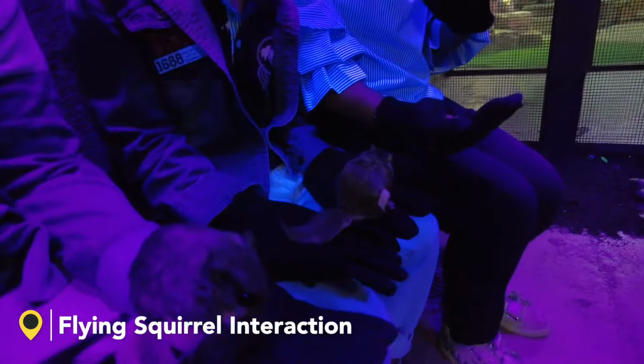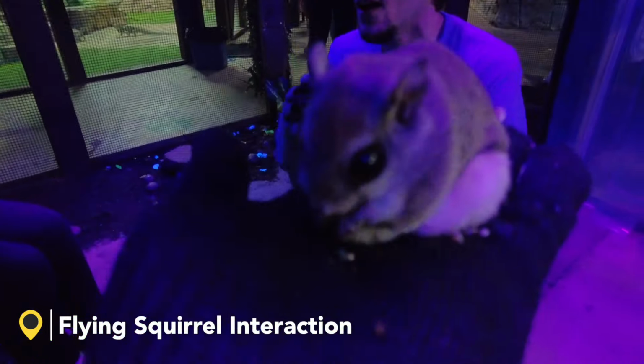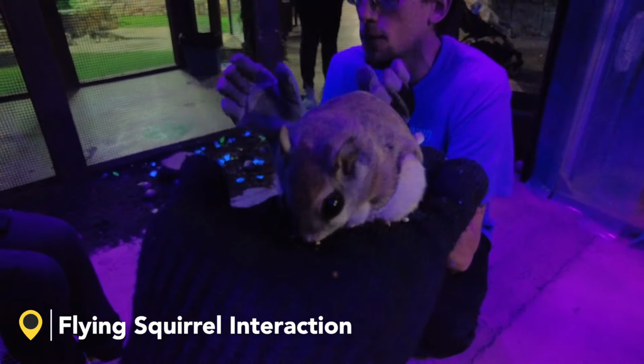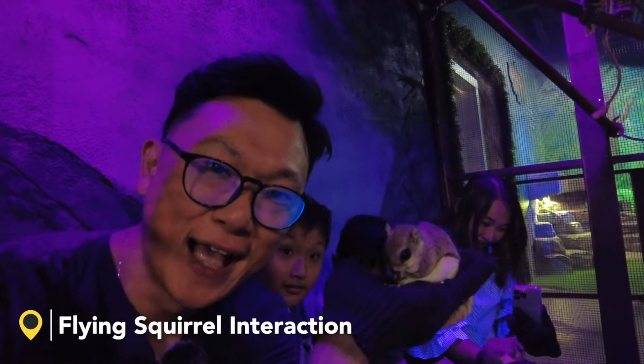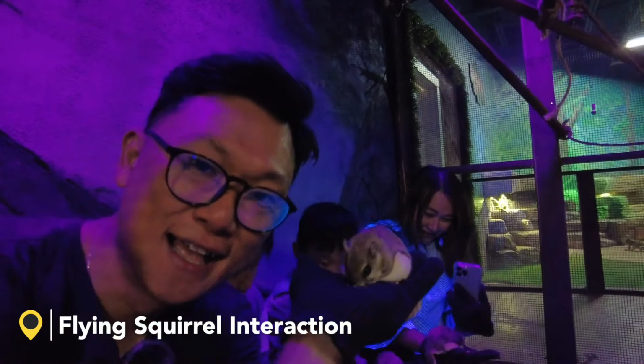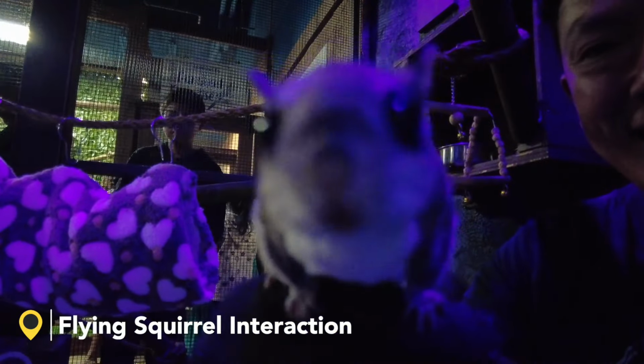Which is their daytime, and at night we turn the bright lights on so they think it's daytime for their nighttime. Other reason for the black lights is they're called... A lot of people think that these guys are called sugar gliders. These guys are closer to home than you think. They're right in our backyard. They come from New